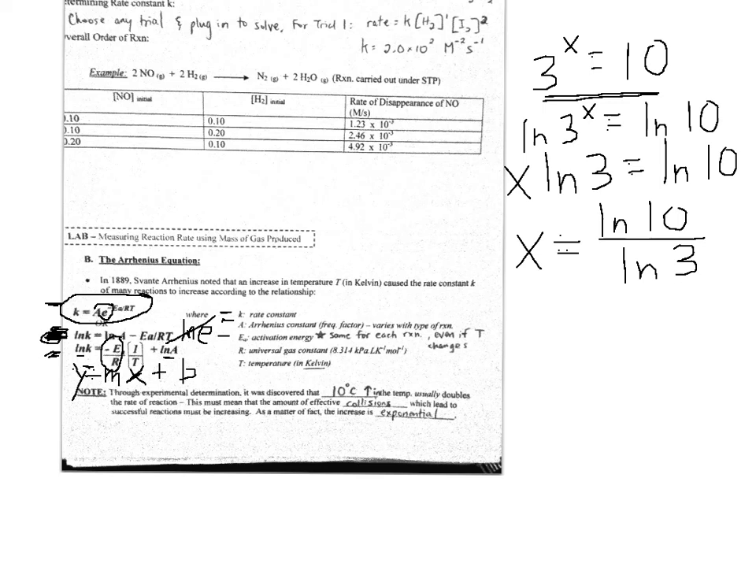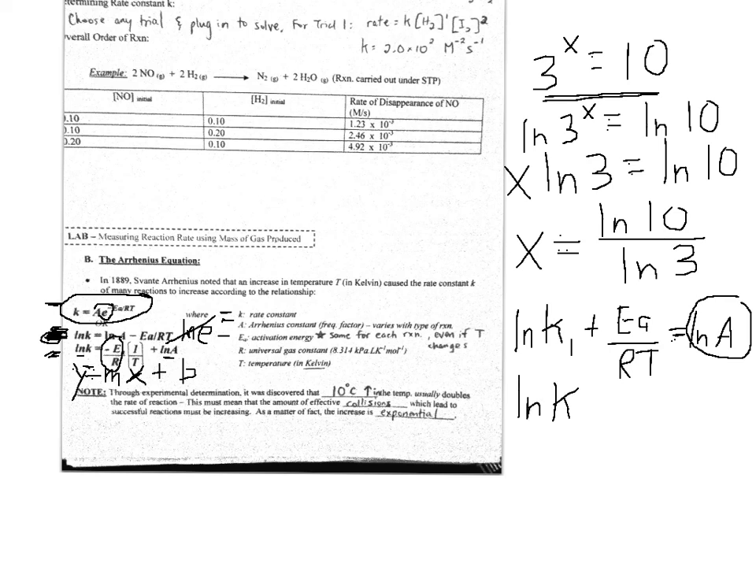So if we think of it like, let's rewrite this. The natural log of K at the first temperature, and that's plus the activation energy over RT, and that's going to be equal to the natural log of A. Well, this isn't changing even at the next temperature. So